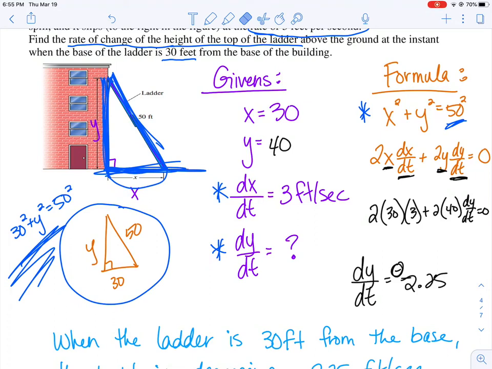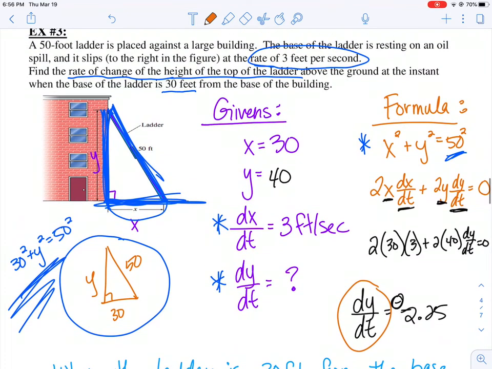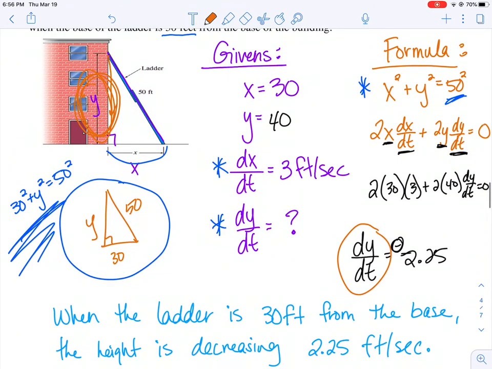2.25. Wait a second. Does negative 2.25 make sense? Well, let's stop for a second and think about what we were actually finding. We were finding dy/dt. And in our scenario, dy/dt was the rate at which this was changing. Oh, so if the ladder falls down the wall, isn't that distance going to get smaller because the ladder is going to fall down? So it should make sense that dy/dt is negative because that's going to get smaller,